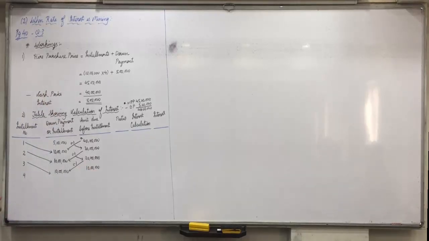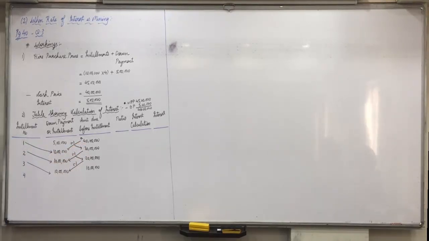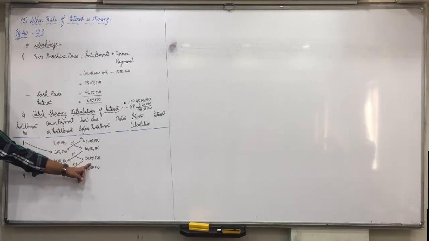Now don't take fifth because fifth installment is not there only. You have paid the amount in fourth. Amount due before fifth installment will become 0. When you pay fourth installment of 10 lakhs, then amount due after that will become 0. So we have to do only up till 4 installments. Did everyone understand this? With pencil do these markings. In second installment we take the amount of first installment, and then 3 minus 2 we get the amount of 3. Again at the time of third installment we take the amount of second installment, and then 3 minus 2 we get the amount of 3.